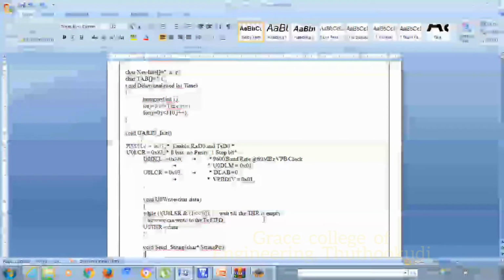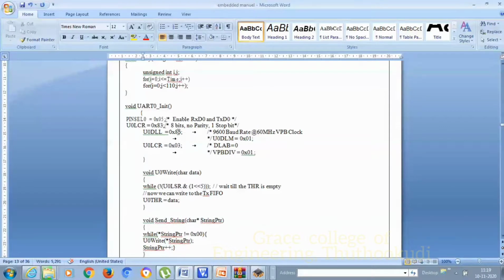Then void UART0 initialization is given in order to determine the serial communication baud rate, processing frequency, and number of bits to be transmitted. The void U0 write function will check whether the data can be placed inside the register to transmit, so it checks the U0LSR register, fifth bit, whether it is set to 1.